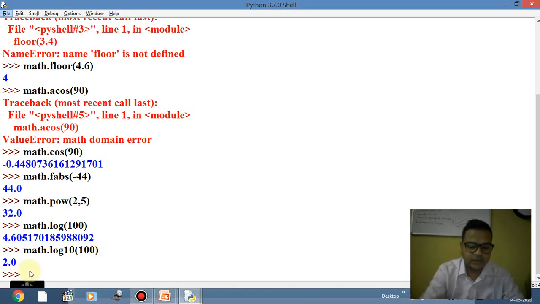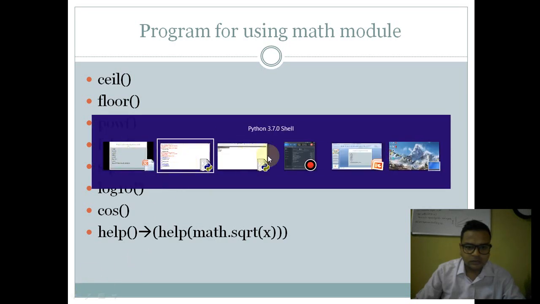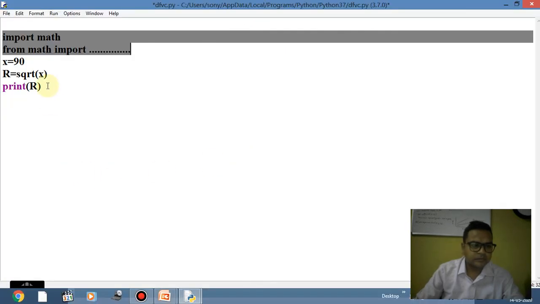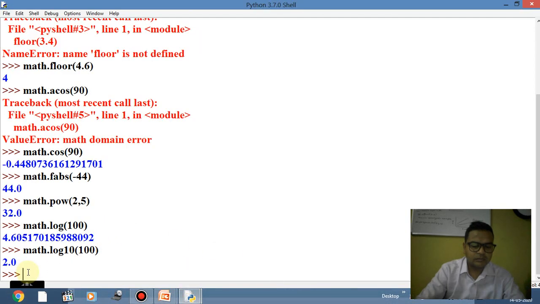Yes, one help function is there. I'll discuss one case. Listen. Suppose I want to know about math dot help, and I want to know about the function math dot acos.